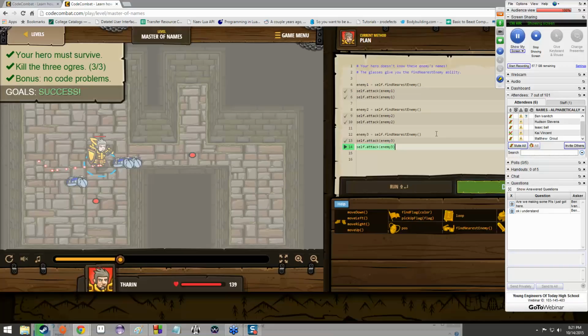I've called them functions forever, and there are so many places that call them methods. So you might see something referred to as methods, you might see something referred to as functions. They're, for all intents and purposes, the same thing. So anyway, enemy 1 is being filled with a function call. That doesn't really make much sense, does it?